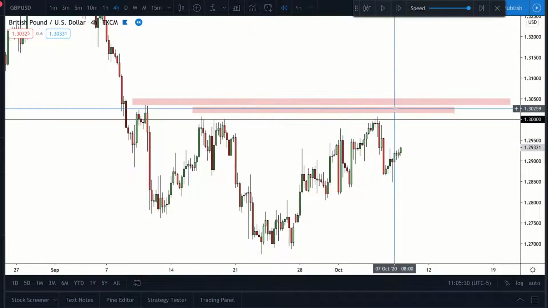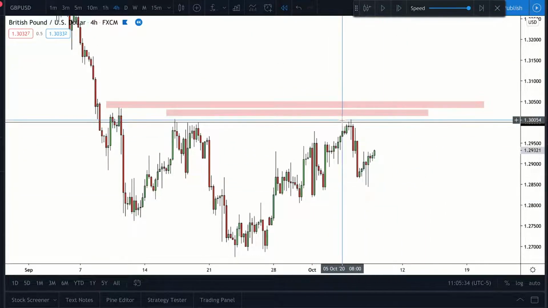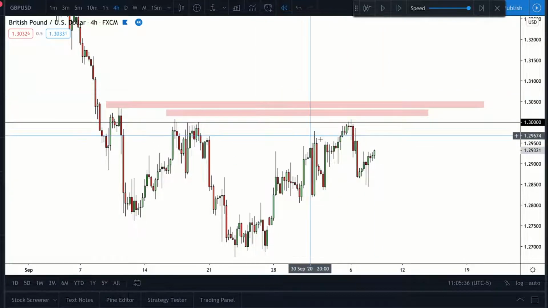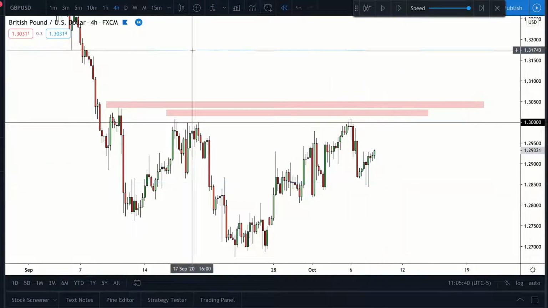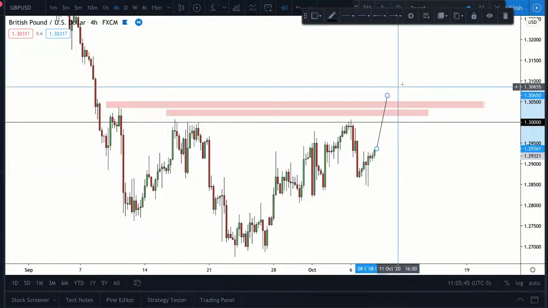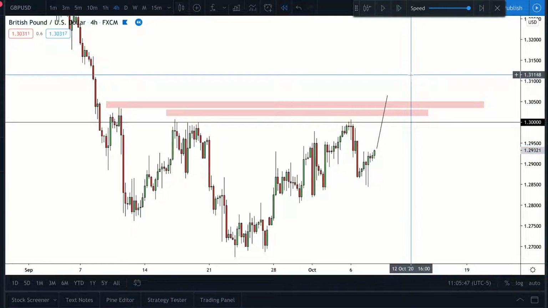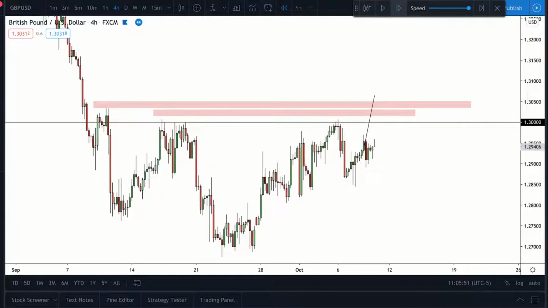Now, this is not to say the market isn't going to go down. The market could very well go down. But before it goes down, it's going to need to go down with the pressure of the big institutional players. So they need to go and fulfill their orders. Now, this was a great trap that I recently saw, and I profited off it, and my team profited off it, while everyone else was getting burned. And the reason was because we understood the prospect of liquidity.